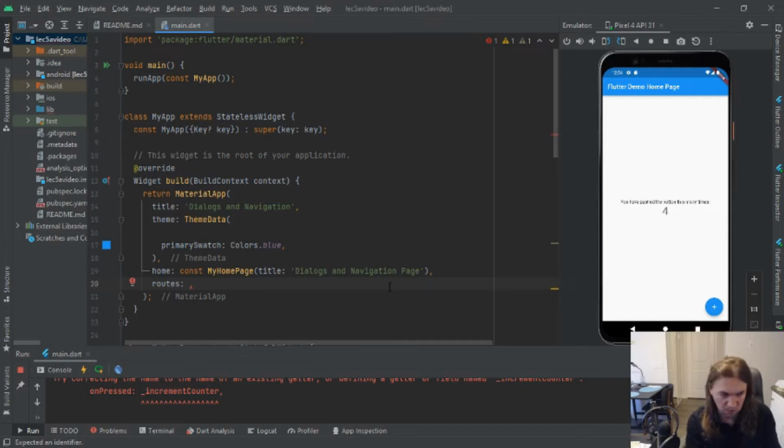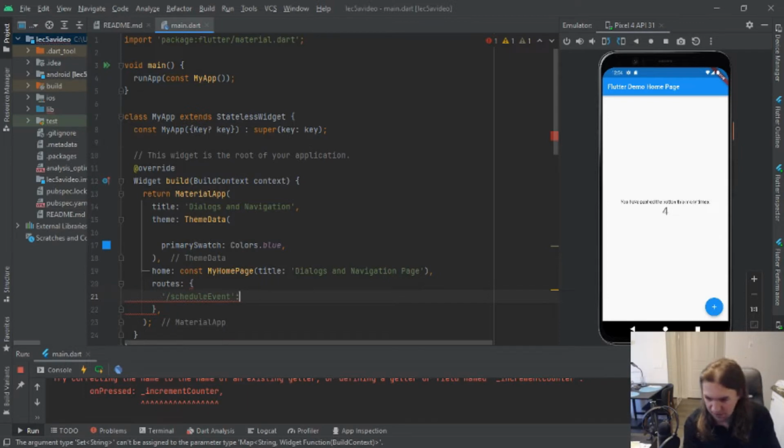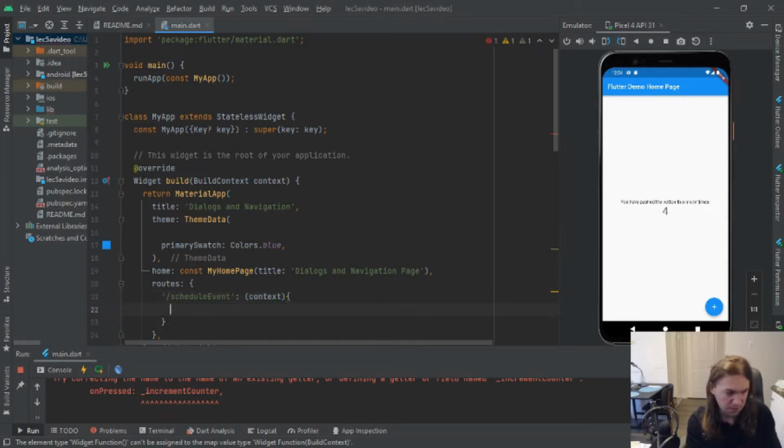Let's see, so this is looking for a map, and the map is going to contain schedule event. If it gets schedule event, it's going to map that to a function to build a widget, and it needs the context, and it's going to build a schedule event page. We're going to make a new class for that one, and the title of the page is going to be